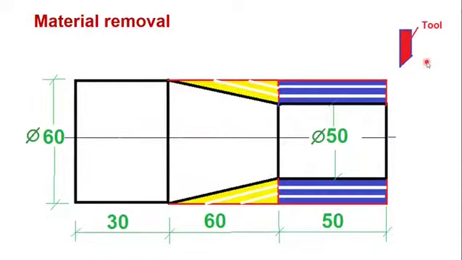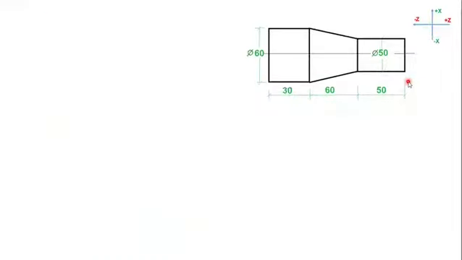As per our notation, the tool will come from the upper side. So what will be the x-axis and z-axis notation? Our 0 will be at this position. Anything towards the right side is Z plus, anything towards the left side Z minus. The tool is here, so anything coming this side is X plus, anything this side is X minus.